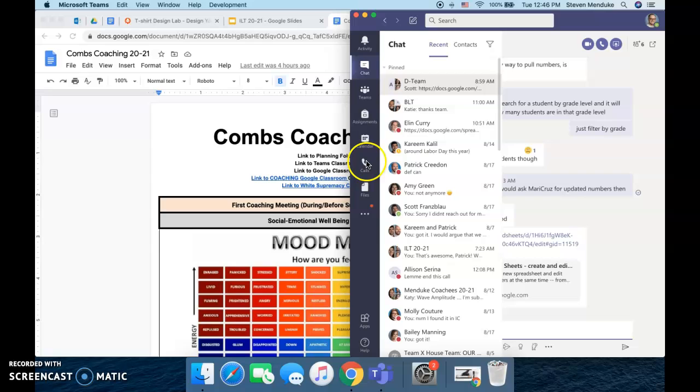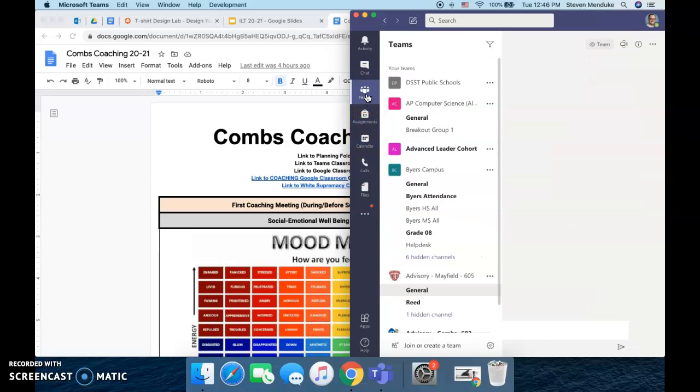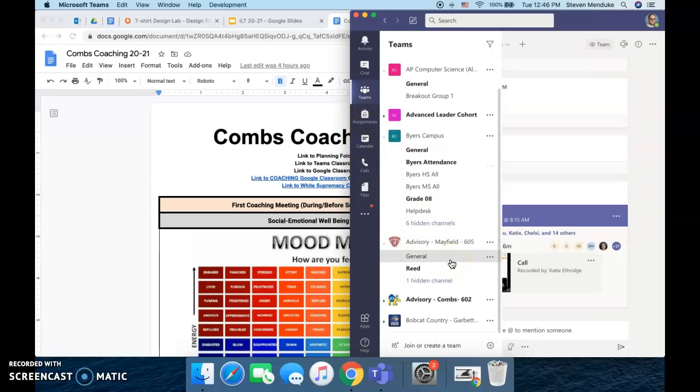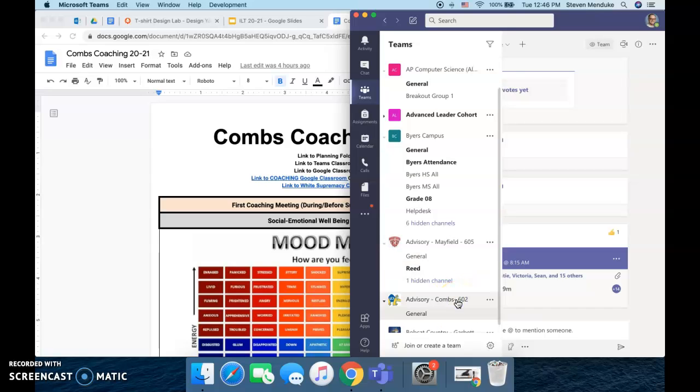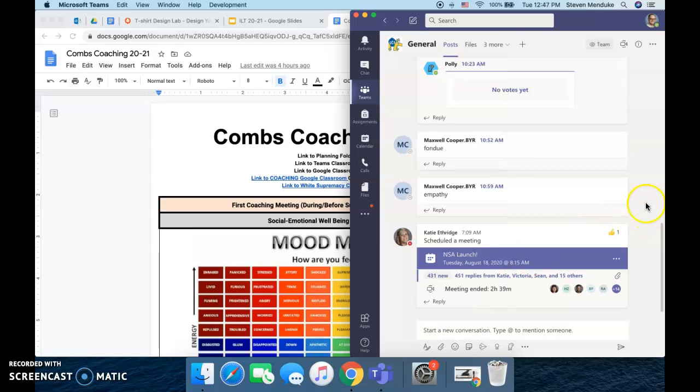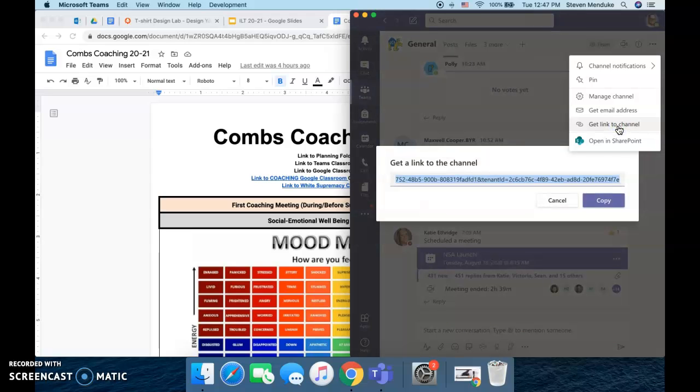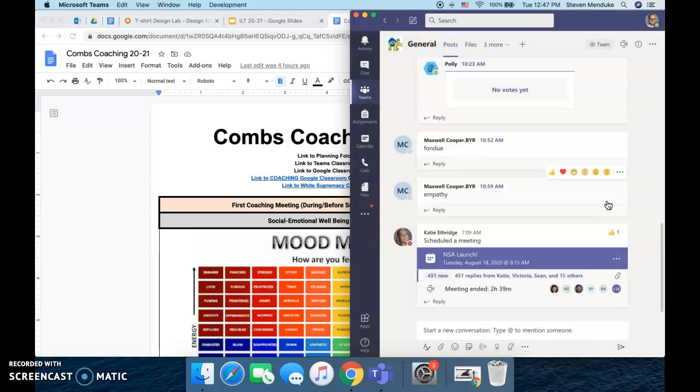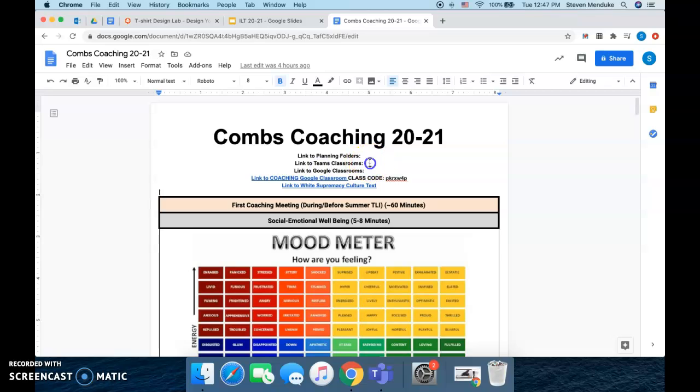So if you go over to Teams and you go into your Teams, for Victoria, for instance, she has hers right here. And this is Victoria's advisory chat that just started today on NSA Day. If you click these three little dots up here, there's this Get Link to Channel option. So I'll just have you click that, copy it, and then if you just go over here,